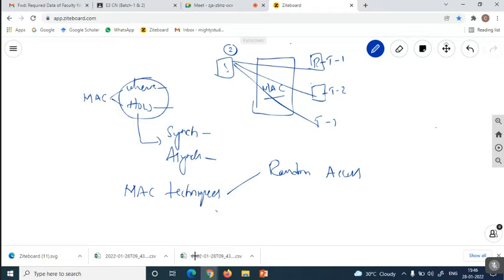Random access means when a number of terminals are connected to the source station, any one of the terminals may take the chance to send a frame to the source station. While sending a frame, it may collide with the frame of another terminal device also. Why? Because randomly all the terminals are going to be in action, so we are not going to stop the frame transmission of each and every terminal device. That is about random access.